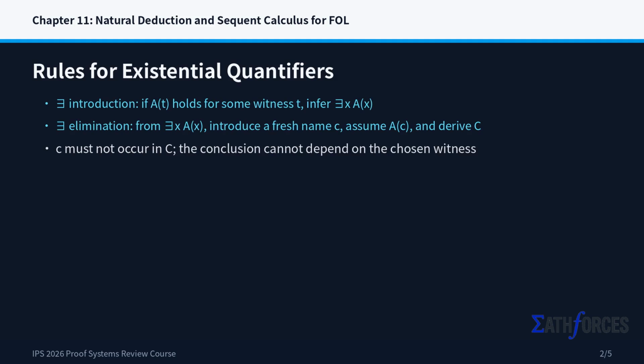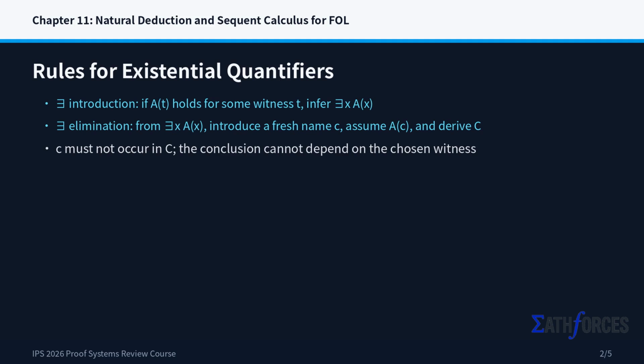Existential introduction is simple. If you have a witness t such that A of t holds, you may conclude there exists x such that A of x. Existential elimination is more careful. From there exists x such that A of x, introduce a fresh name c, assume A of c, and derive your target conclusion C. The name c must not appear in C,